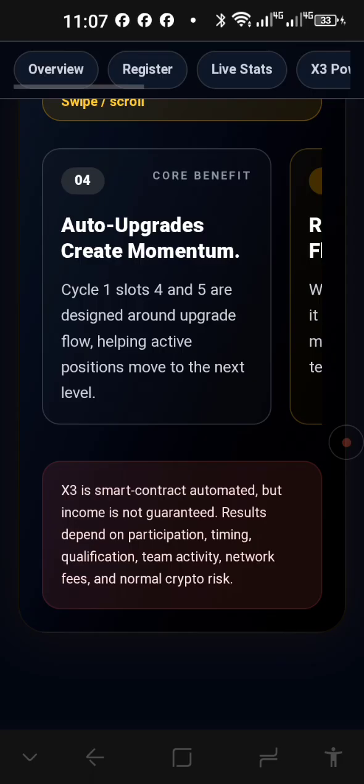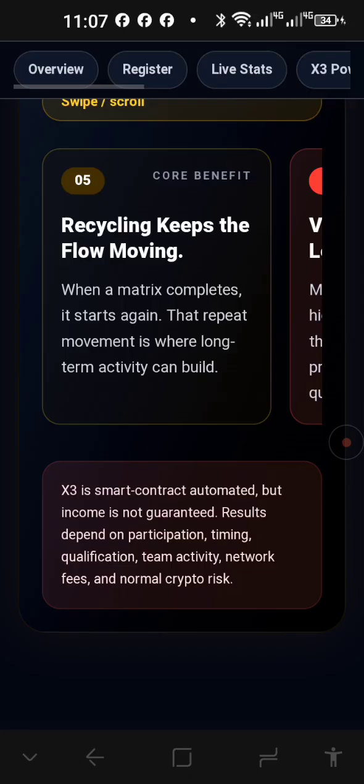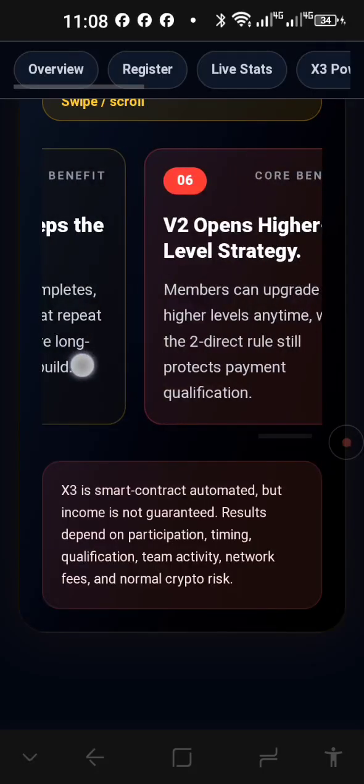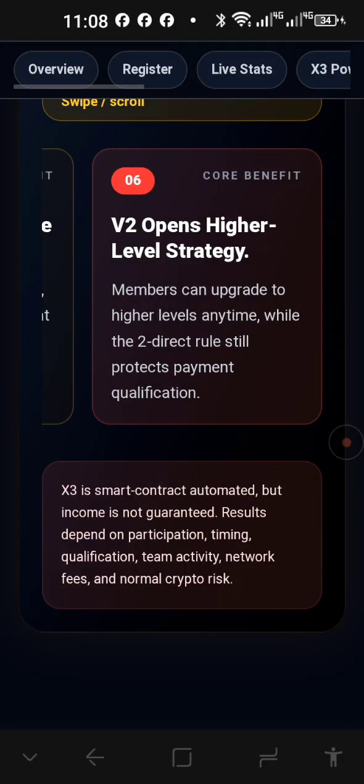There's 2 different cycles as well, so don't let that make you confused. You will learn this as you go. It will start to sink in, and you will start to understand it. And then also there's a recycling that will recycle you back into the same level for continuous movement. Remember, until the last day that the internet exists on planet Earth, this smart contract will be able to operate.